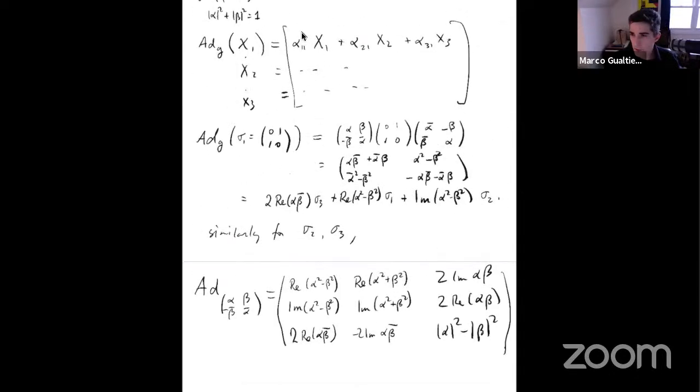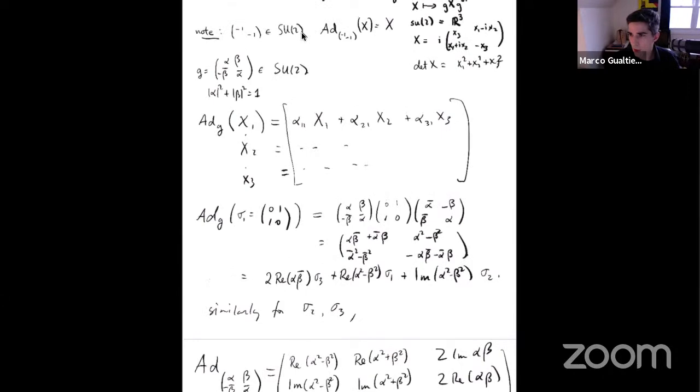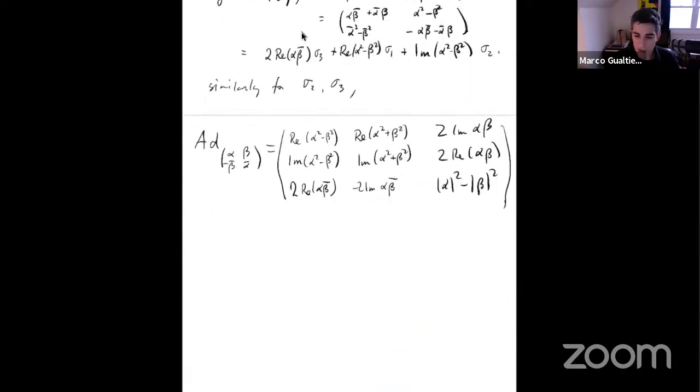Any questions about this? You could probably see that if you take alpha equals -1 and beta equals 0, so if we take minus the identity element, right, then these are all square of alpha. So alpha is going to be basically, if beta is 0, none of these terms contribute. We get